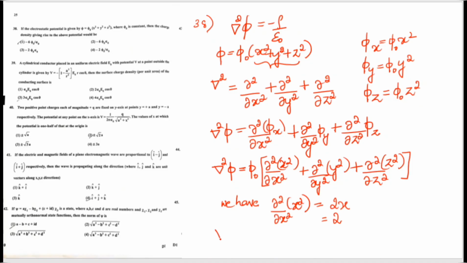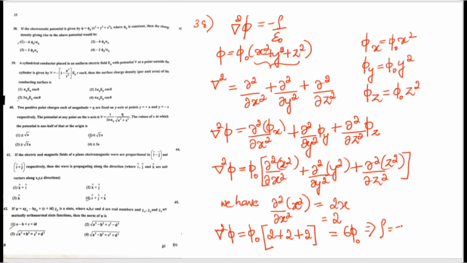If I do, I'll get del square phi equal to phi naught times: del square divided by del x square of x square is 2, likewise y square will be 2, likewise z square will be 2. So you will get the answer 6 times phi naught, right? So we got del square phi equal to 6 phi naught, which implies that rho will be